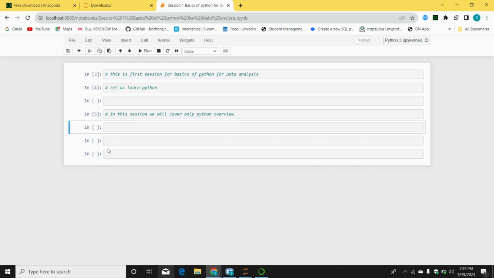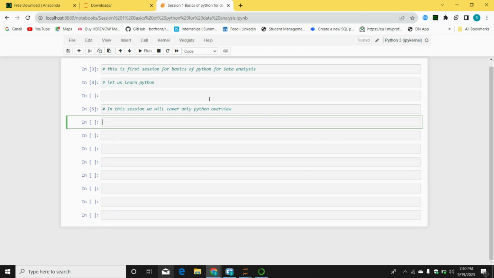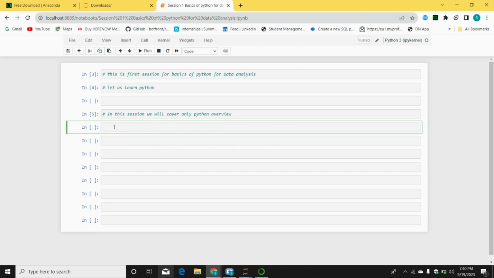Whichever cell you want, you just press shift plus enter, shift plus enter, and you can keep on going. So this is how the Python language is. In further sessions we will understand how to start the coding. For this, I first recommend that you also watch my data analysis theoretical versions. This is the practical series of recordings for the